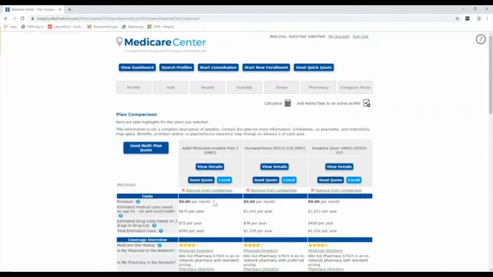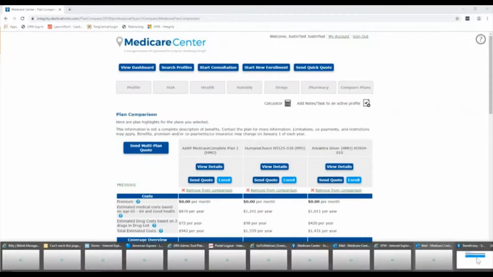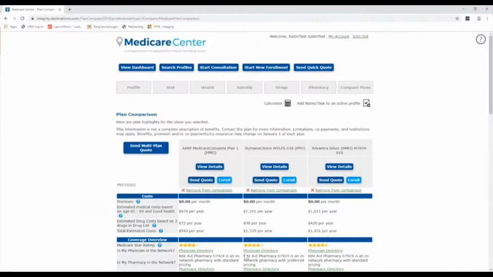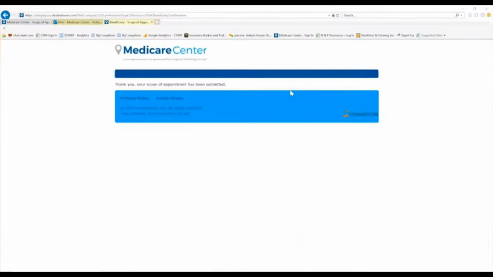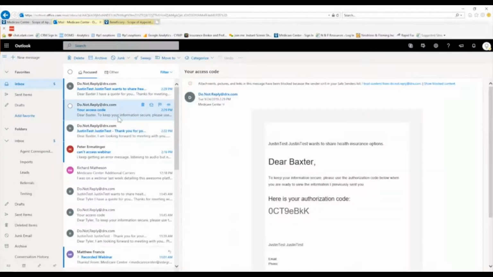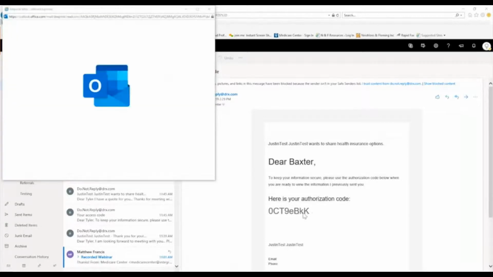So we sent that information over. I'm the consumer, Baxter, in this information, I should say. Go here, and you're going to see these 2 codes come through pretty quickly. So as you see, here's the coded information. I'm just going to copy this information